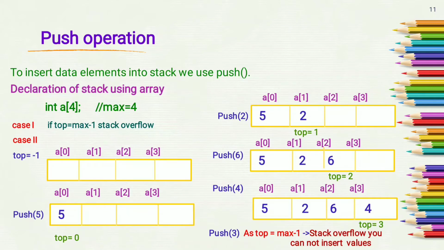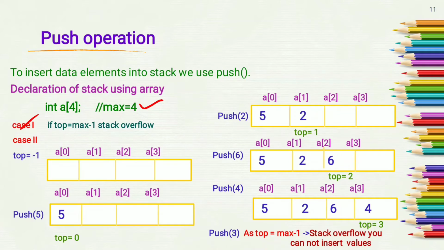So how do we perform push operation using array as a stack? Case 1 is, first we have to check if top equals max -1, that means we have to print stack overflow. If the value of max equals 4 and the top is at index 3, that means max -1, then we can say stack is full, we cannot perform push operation over it. Initially if we have been given a full stack, that means top is at max -1, that means at index 3, then we cannot perform push operation and we have to print stack overflow and exit.